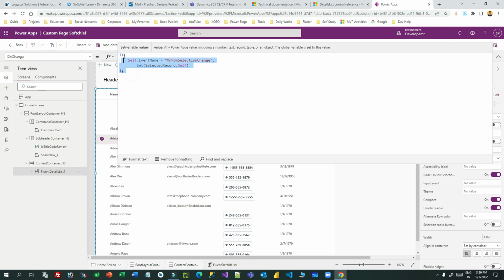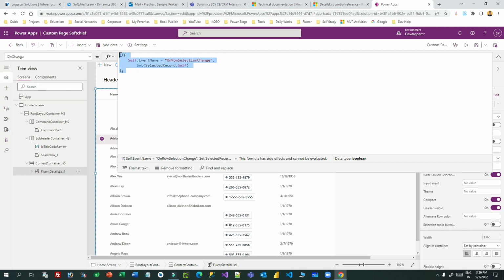You understand? Now this Power Fx will set the variable selected record with the record that is selected in the row of the details list. Now I can take the reference of this variable to manipulate data, to manipulate the record. Now copy this, and